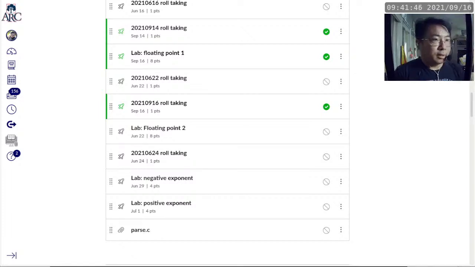All right, so let me check and see how many people have done the roll taking activity, and then we're going to move on. I haven't seen anyone complaining that it is not released, because sometimes I get the time wrong and people go like, oh, well, hold on a second, I cannot do it. All right, so most people have done it. All right, so let's go ahead.